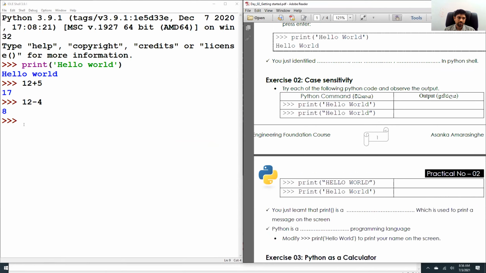Write down the output. So we are moving to exercise 2. Exercise 2. First one is type in print